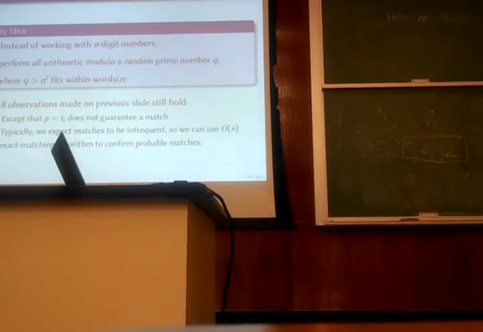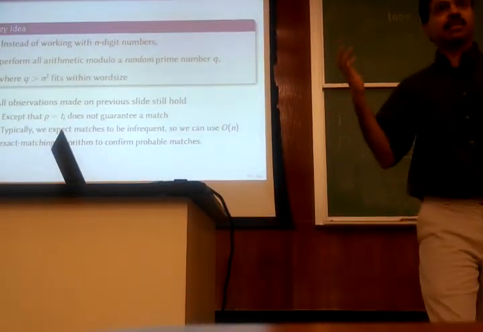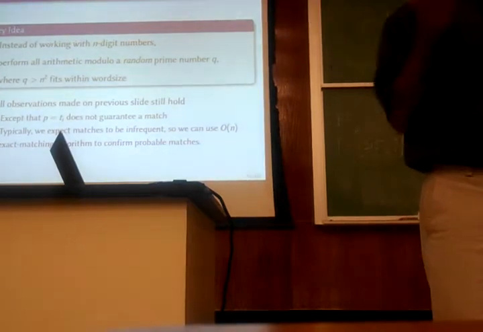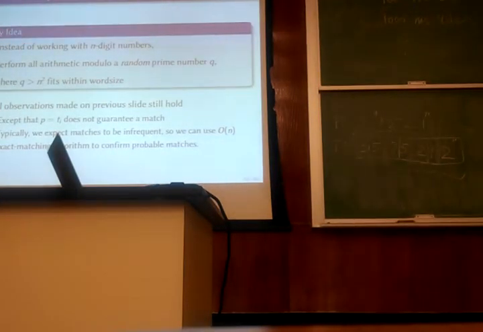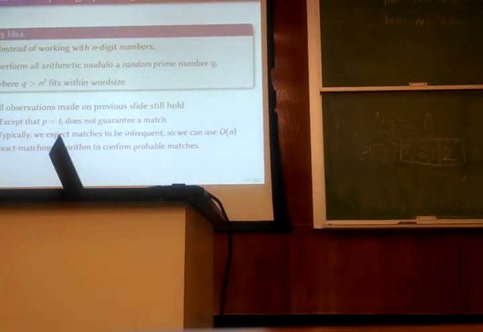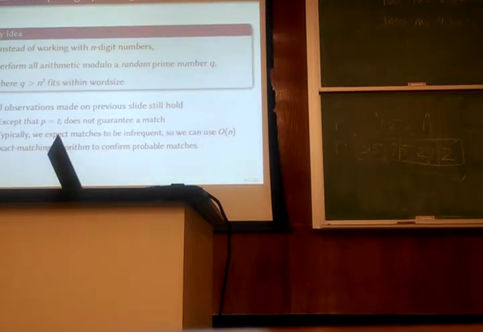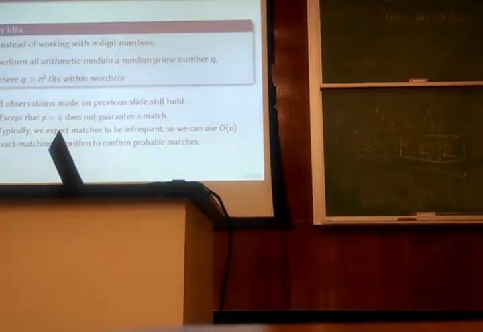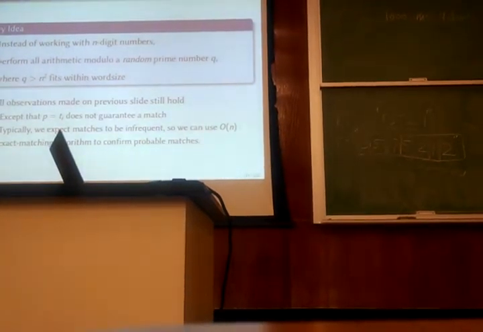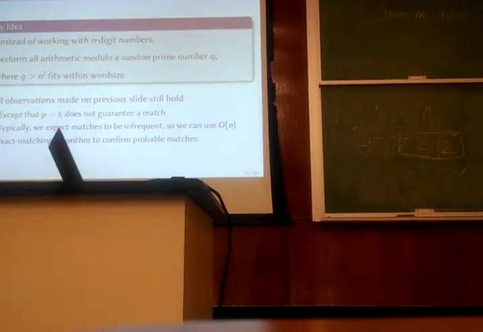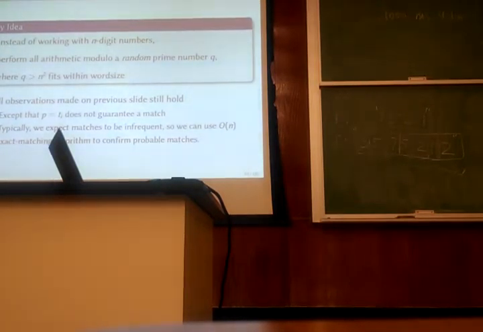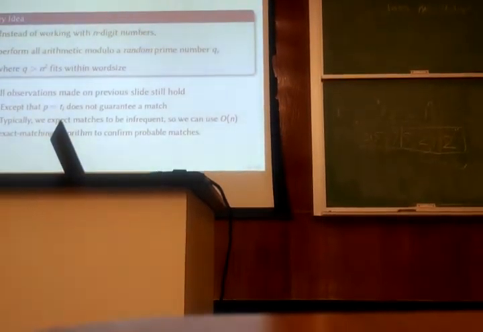number? Then what happens is that, when there is a match, you're not guaranteed that the two are equal, but the likelihood of an accidental match is relatively small, because if the base of the mod is large enough, let's say 2 to the power 32, then the probability of an accidental match is something like 1 in 2 to the power 32, right? So you are not likely to have accidental matches,